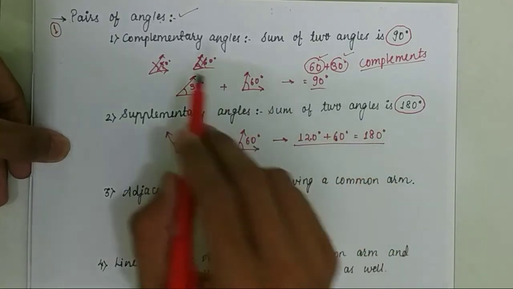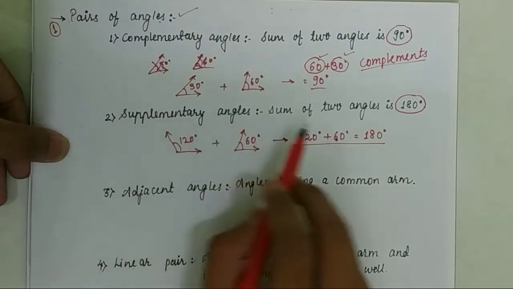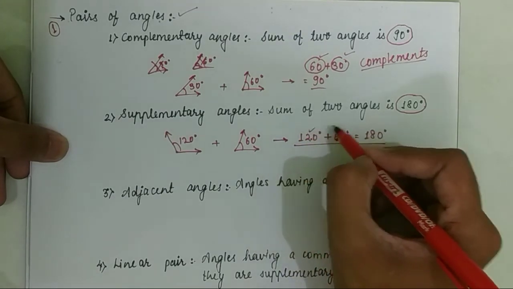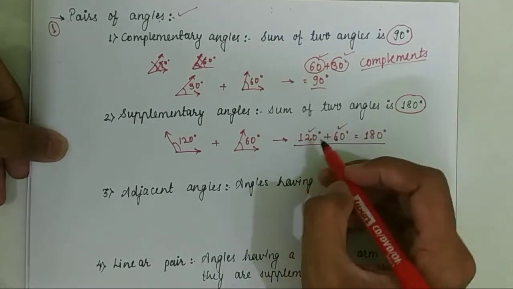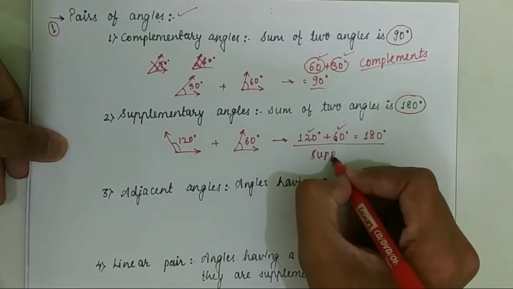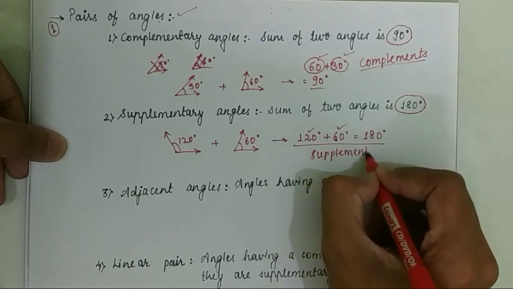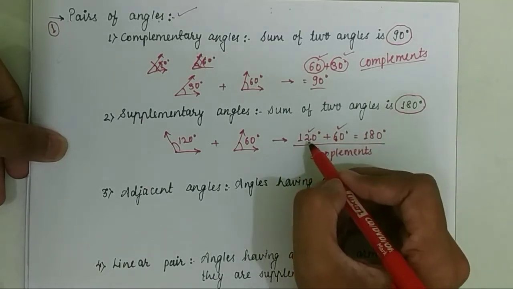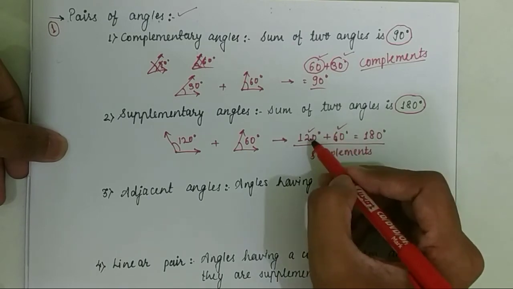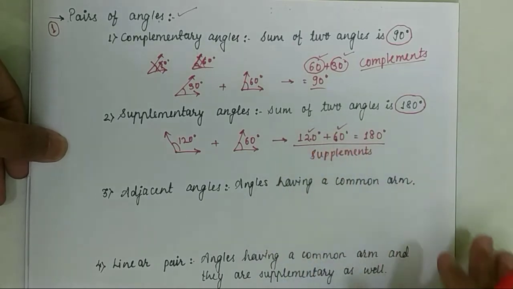Okay, these are complementary angles and this is supplementary angles, and these two angles will be called supplements of each other. Supplements of each other means 120 will be supplement of 60 and 60 will be supplement of 120. Okay, then third